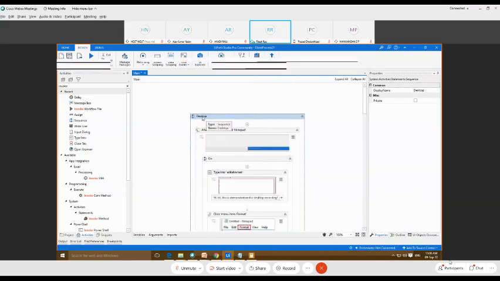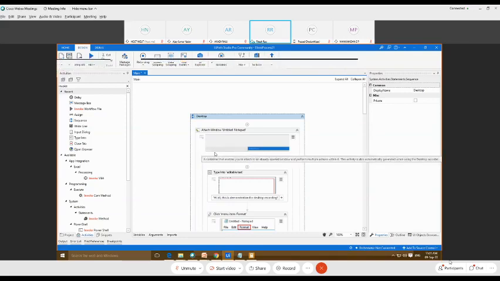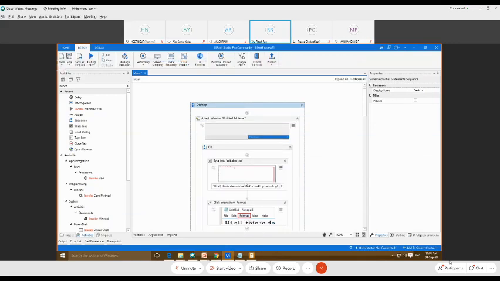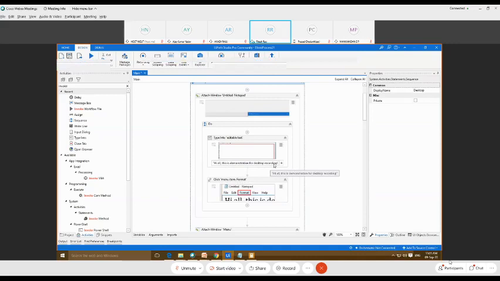You can see the type of this file is a sequence file, and the name of this file is Desktop. If you want to change the name of this file, we can change it, but this desktop name itself is easy to differentiate, so you don't need to change the name. After that, we entered the text first, so you can see the first activity is Attach Window, that means Notepad, and then we have typed the text. You can see here: Hi all, this is demonstration for desktop recording.